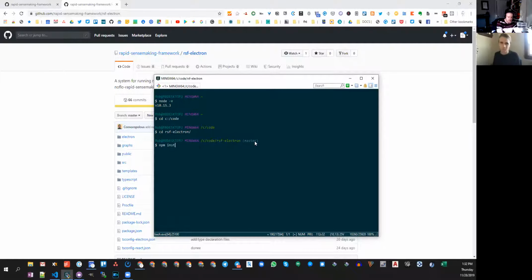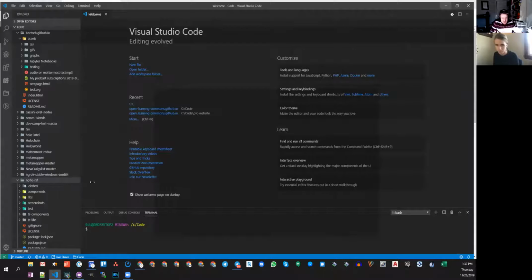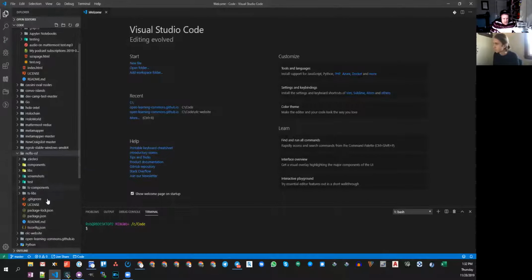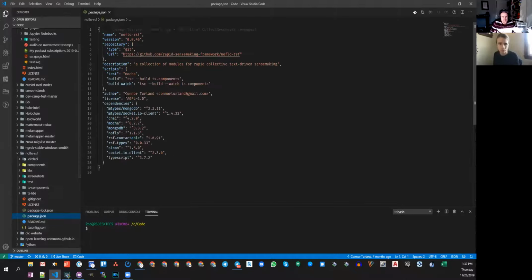And that's looking at the node module, or what was it? What's the folder it's looking at? Oh no, it's the package.json, right? Yeah.